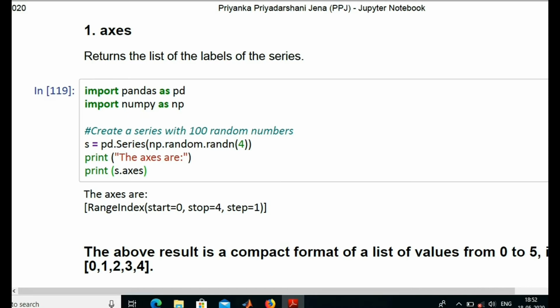RangeIndex, what is the range? Start from 0 and stop at 4, and step is 1. How many random numbers have we created? 4 random numbers created, and from the start it is index 0 to 4, and stop is 4, and by default the step is 1.